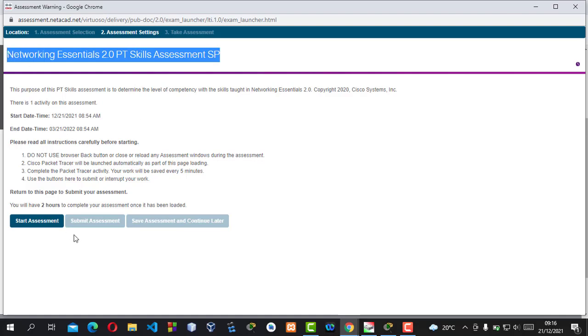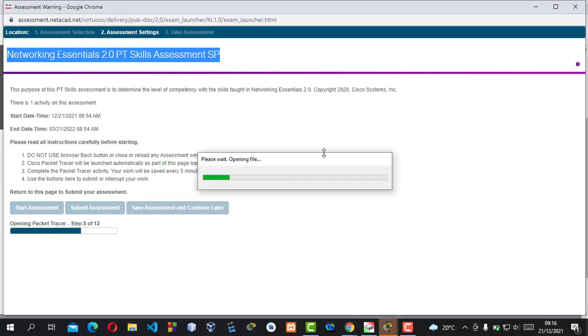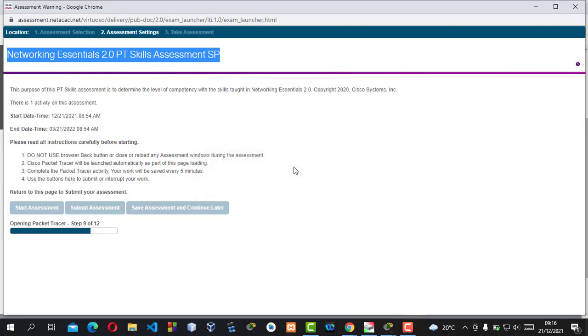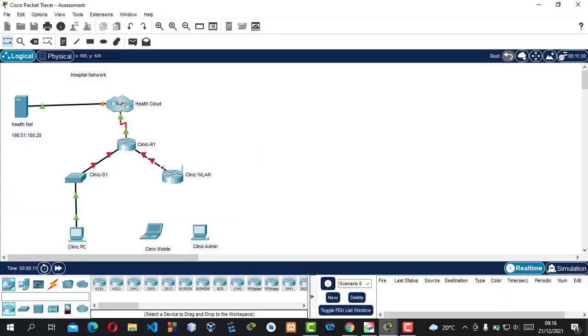Okay, so basically what I'll do is start the assessment. Just give it time to load. As you can see, it's opening Packet Tracer. Step 5 of 12, and as you can see, some magic is happening. Something is happening down here in the background, and I'm just going to open it, and so this is the task,